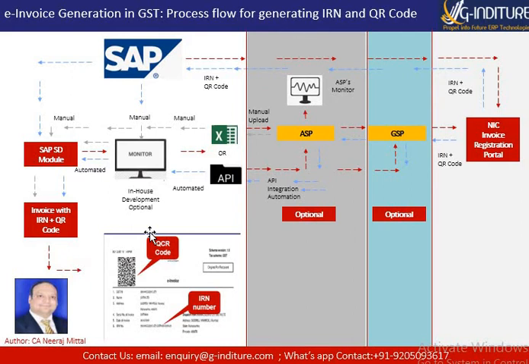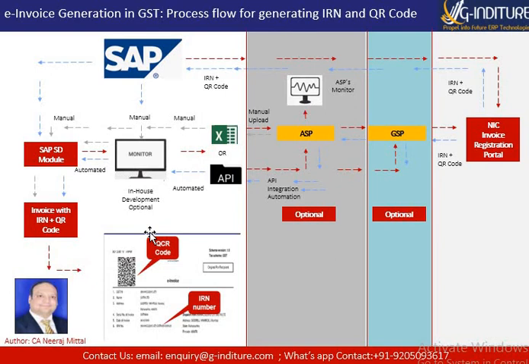Now the second option available to you is to go for the GSP. Here the benefit is that you get the services of the GSP and all their support in case anything goes wrong with NIC. Their team interacts with the NIC to understand the problem and rectify it. So here's the main differentiator between going through an ASP or GSP versus having your in-house team. If you go through ASP or GSP, their support team will interact with the NIC on your behalf to get the issues resolved. If you have your own in-house team, then you would have to interact with the NIC to get those issues resolved.